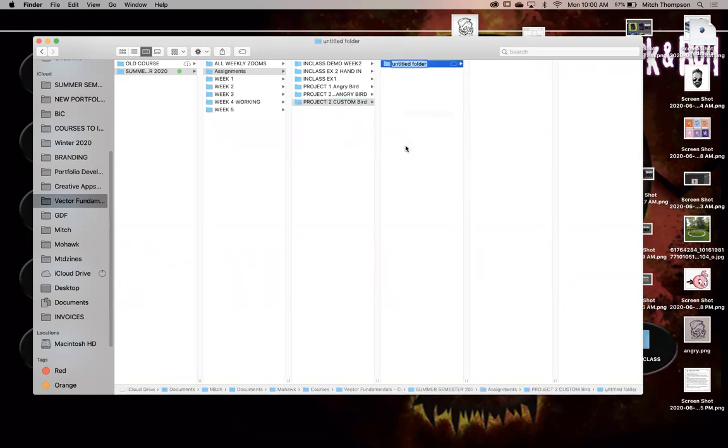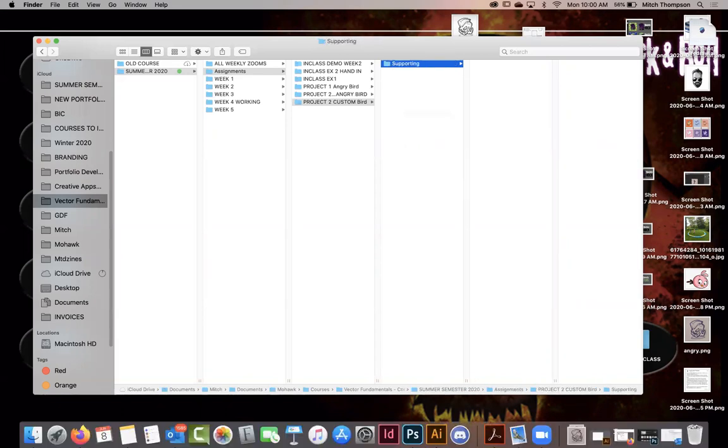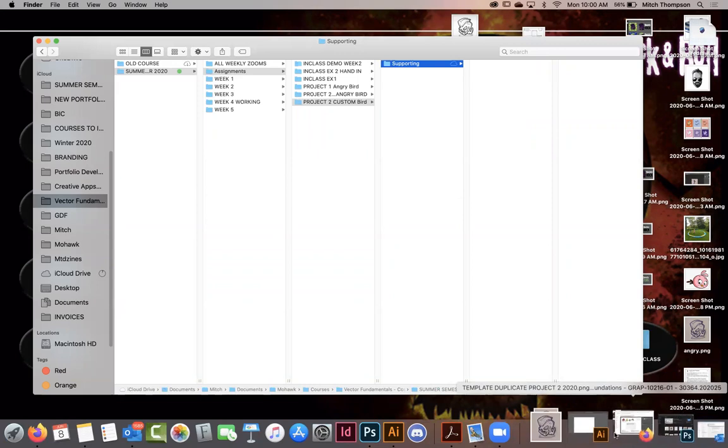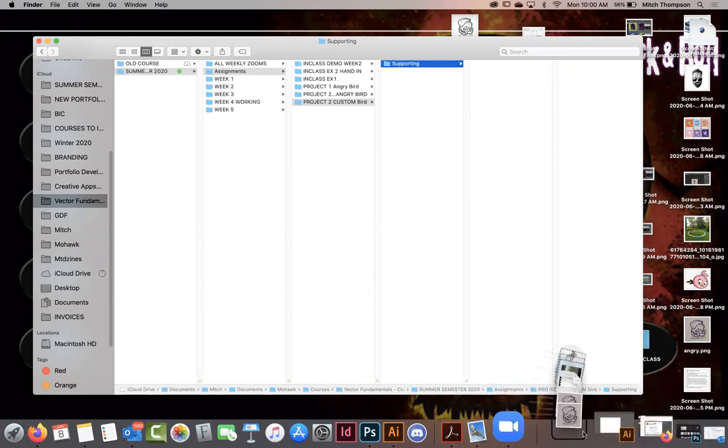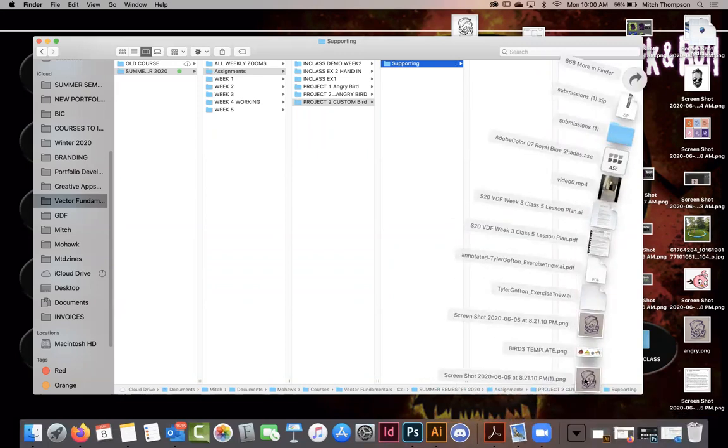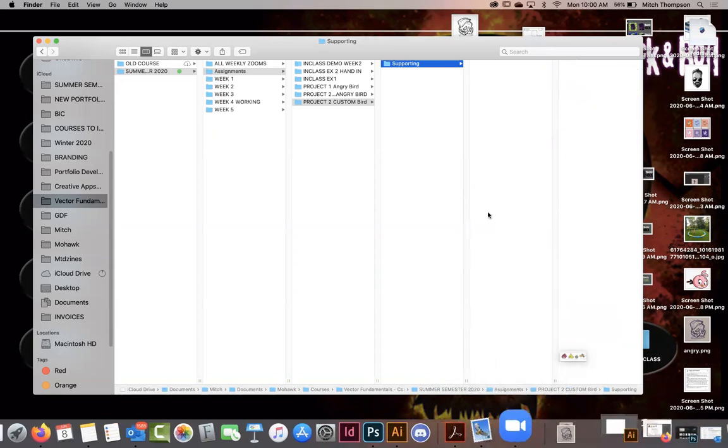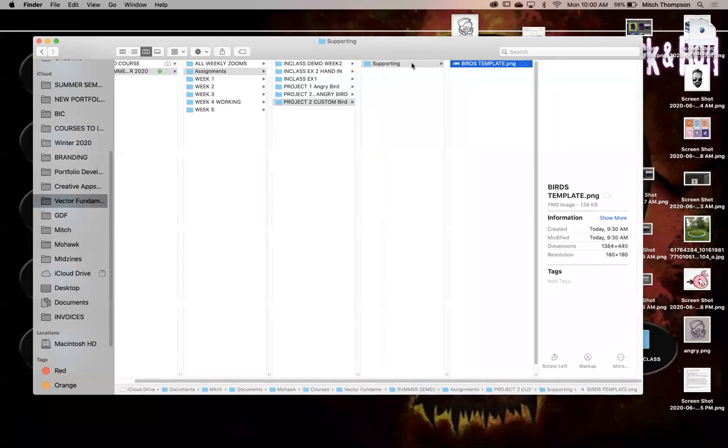Create a new folder. And we're going to do supporting, right? Now, within that supporting folder, we have a few things that we can put in there. We've got our sketch. And this is yours though, right? So maybe we'll do one for the weekly and one for the one that we're actually working on, if that makes sense.